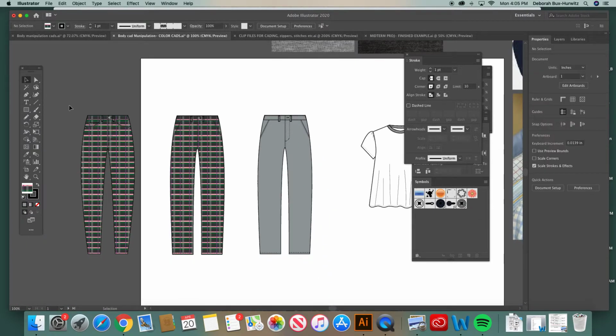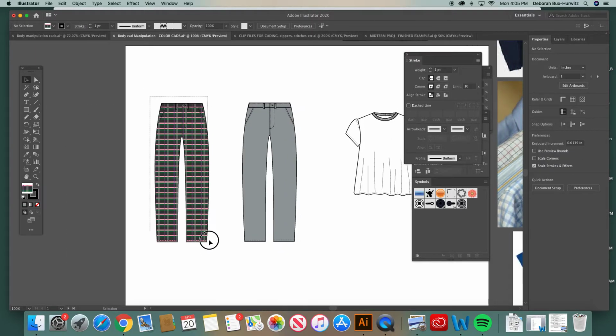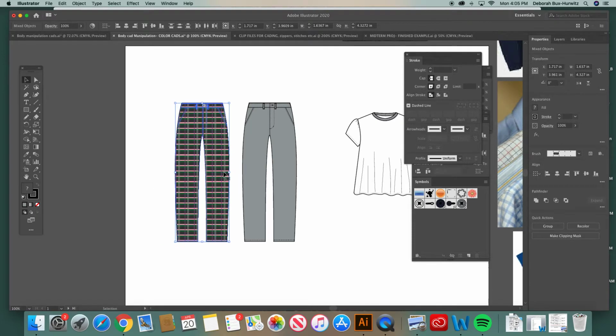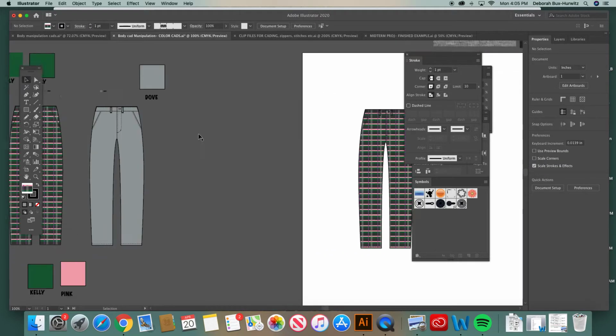And now that I'm done with this plaid design, I don't need that CAD. I only borrowed it just to be able to do this small scale plaid. I'm going to then object group this when this is done. And now I have a solid color pant, a plaid filled pant, and now I'm going to work on a new lesson,